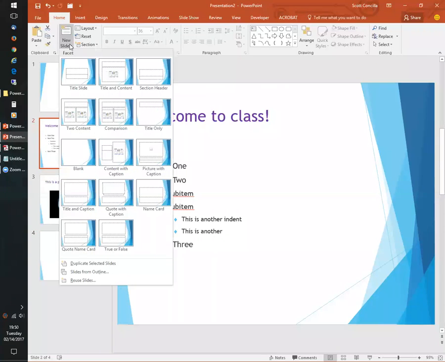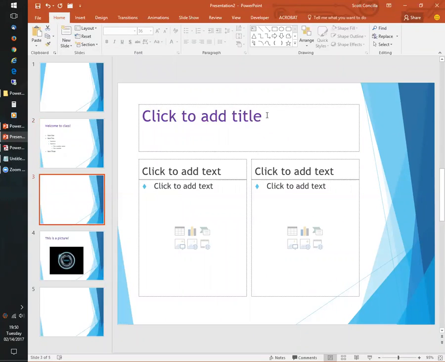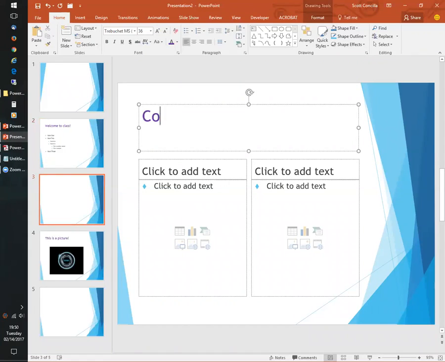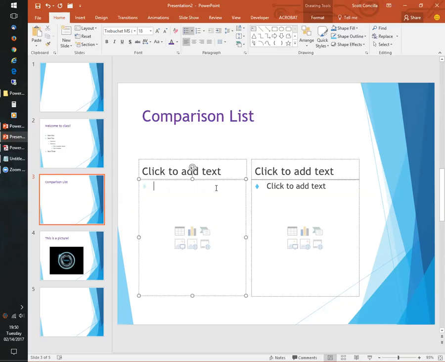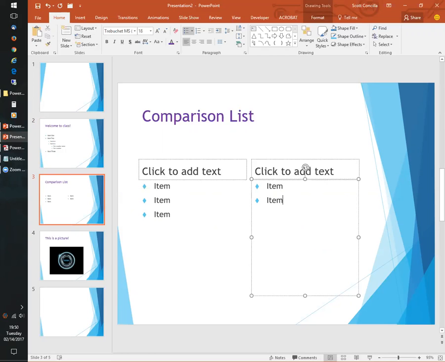All right, let me get another slide that has a bulleted list, but a different layout. There, I want this. All right, comparison list, and we're going to click to add text. Notice these are diamonds now. We're just going to go item, item, item. I want to keep these simple, but I need to show you something about layout masters. Okay, now the slide master for all the slides in the presentation is now saying that headings are all going to be this purple. Yeah, just a minute, Fran. And that all the bullets are going to be diamonds.